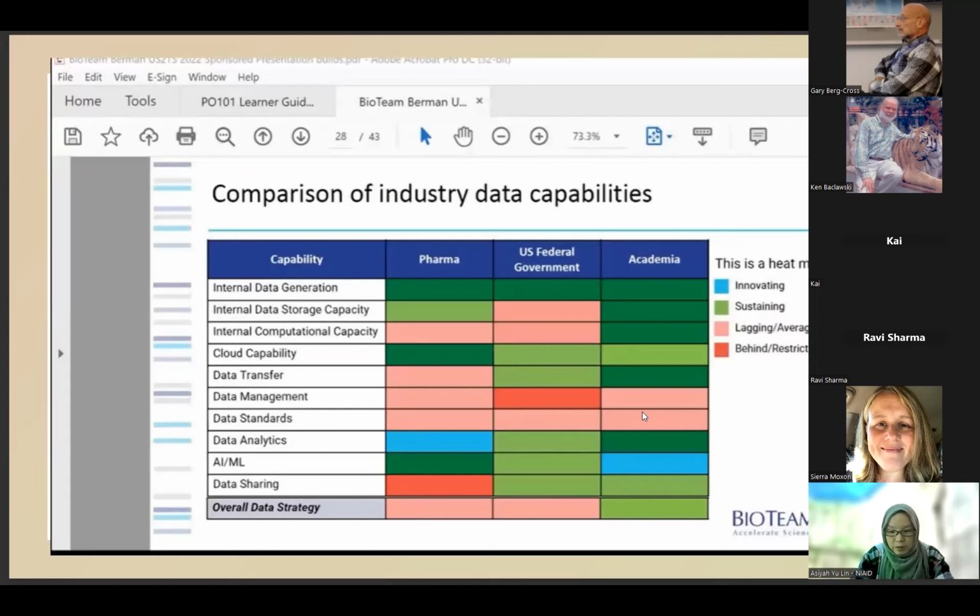Here towards the end, we asked BioTeam, Ira, who did some FAIR data capacities comparison across pharma, US government, and academia. The red are the warning areas, so it shows that the government and the academia, especially government, lack data management and knowledge of data standards. But for pharma, the most critical problem is data sharing, of course, because they think their data is